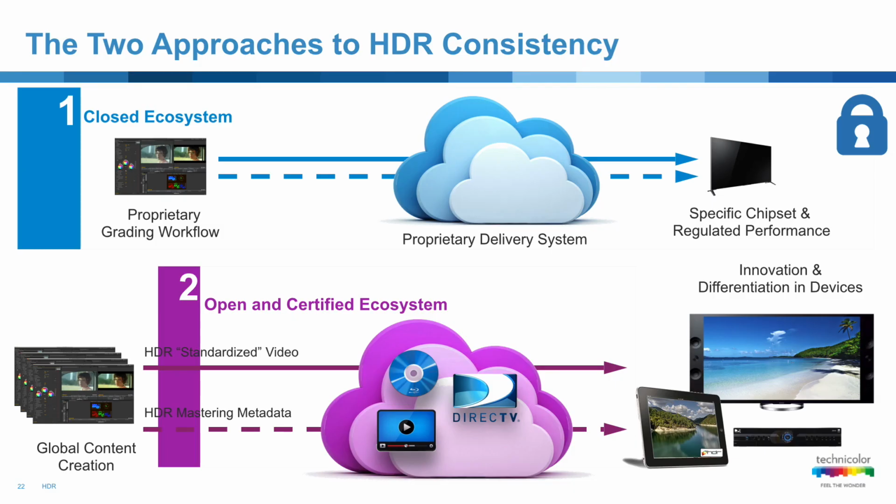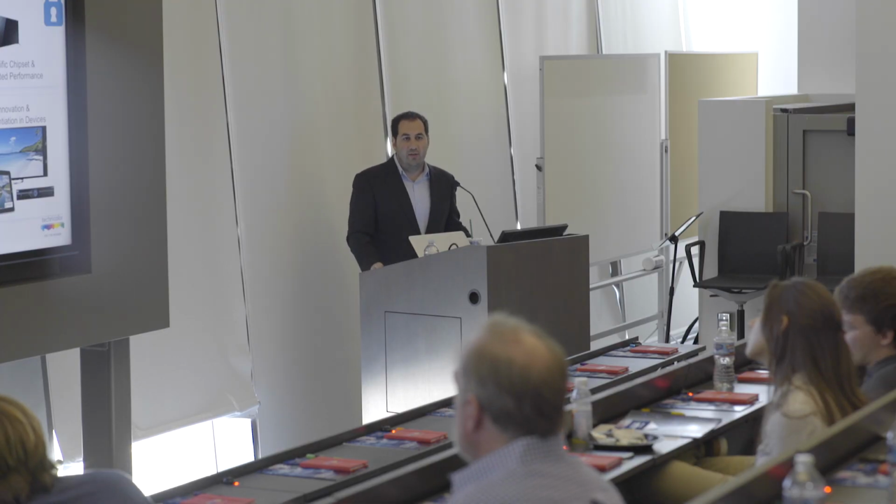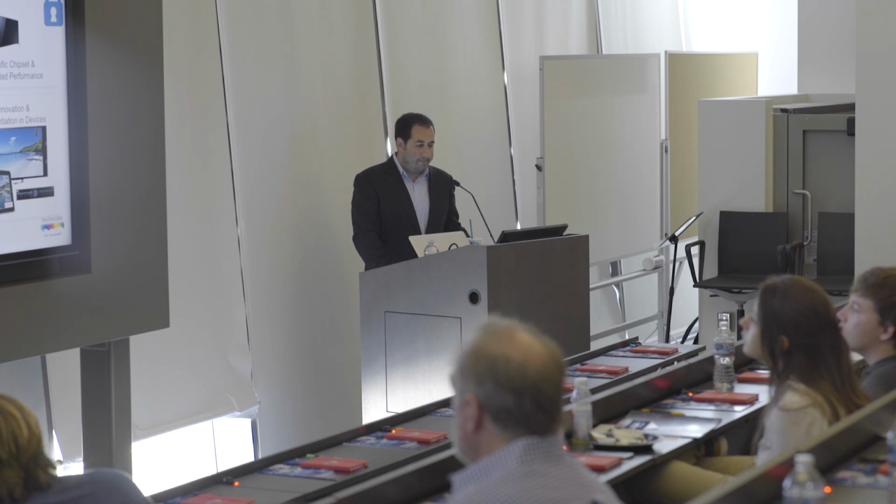And then there's the other, which is if I can agree with a giant industry what the standard is, what the target is, like we had for Rec. 709, then I can grade to one target and there is no proprietary decoder on the back end. Every TV will be able to take in those specifications and make a proper looking image on that TV. So these are the two different approaches that exist for the home today.